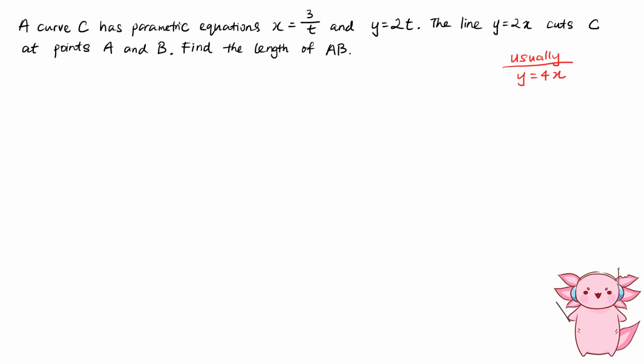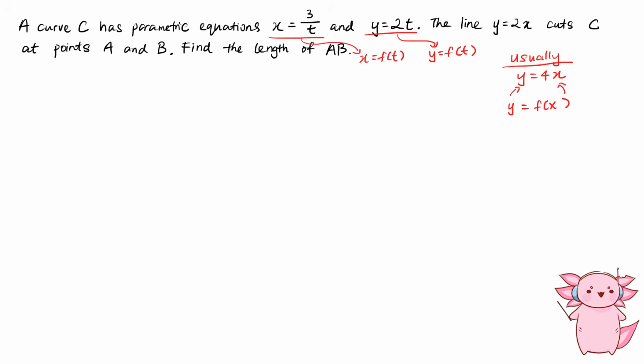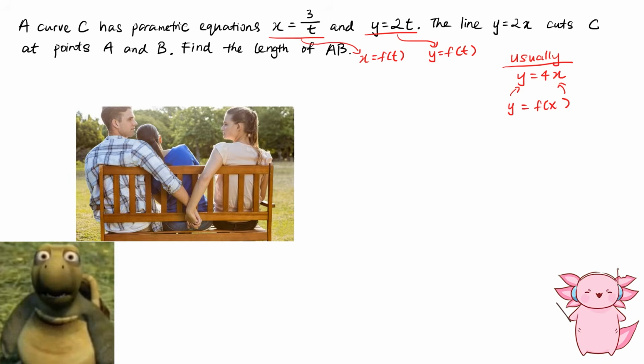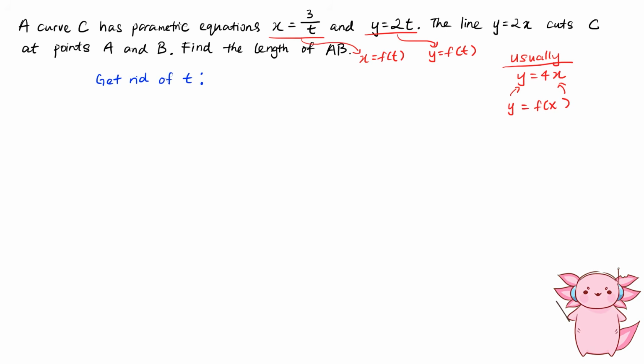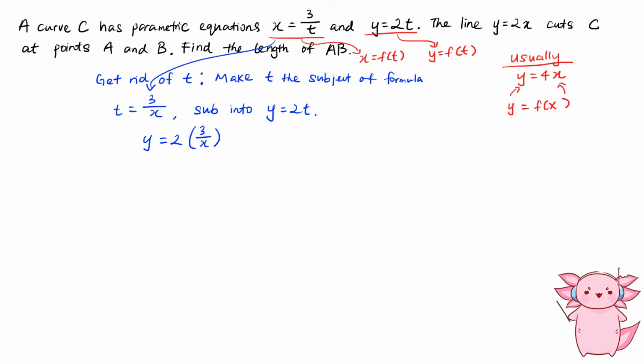Parametric equations are where x and y are not dependent on each other, but dependent on some extra variable t instead, kind of like a marriage affair. The first method to solve them, I call it the eliminating t approach. So I'm gonna make t the subject of the formula for this equation and then sub it into the other equation, in order to save the marriage and express y in terms of x,